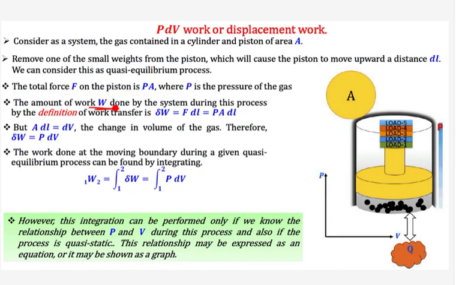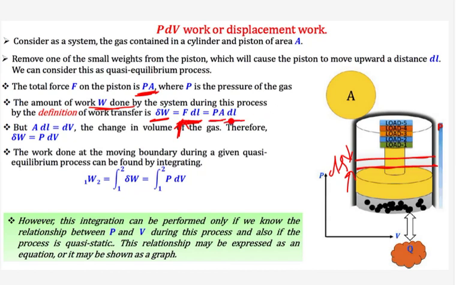From the definition, it is integration of force. Let's say this piston has moved here for a small displacement dl. So the small amount of work is force multiplied by displacement. Now this force has come because of that pressure, so I can rewrite force equals pressure multiplied by area. So I will write pressure multiplied by area, then dl.